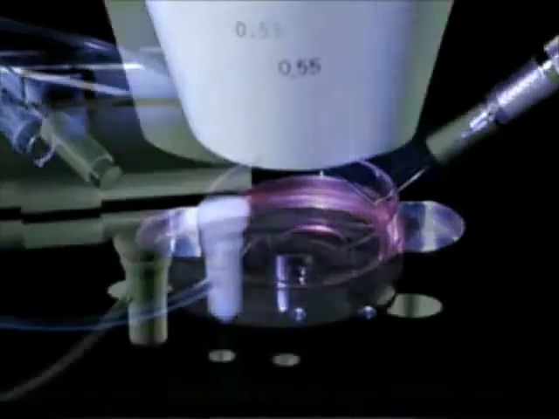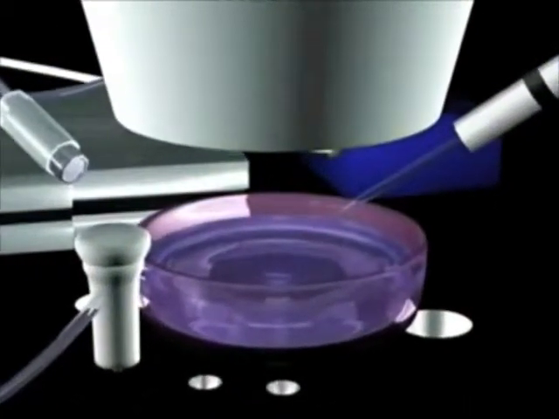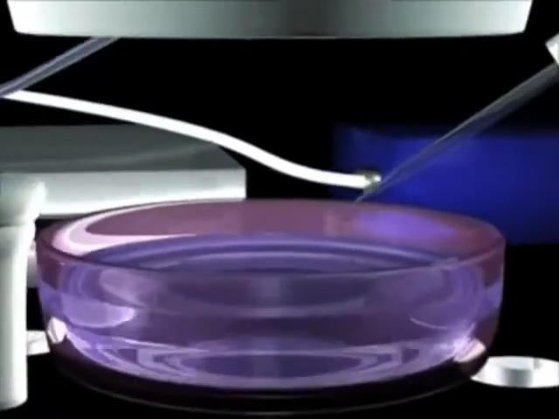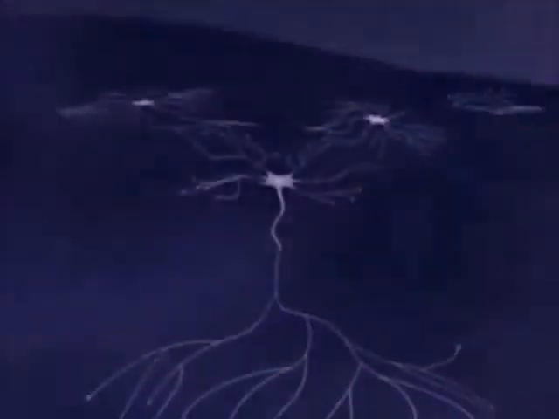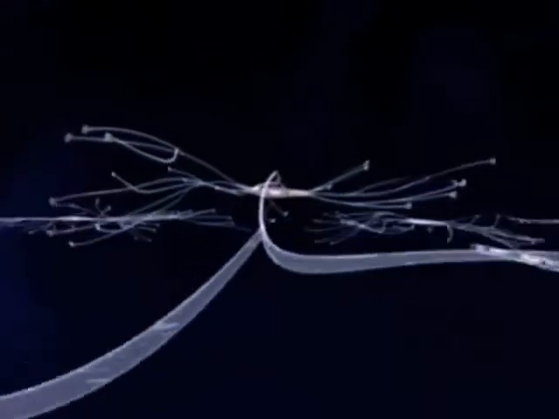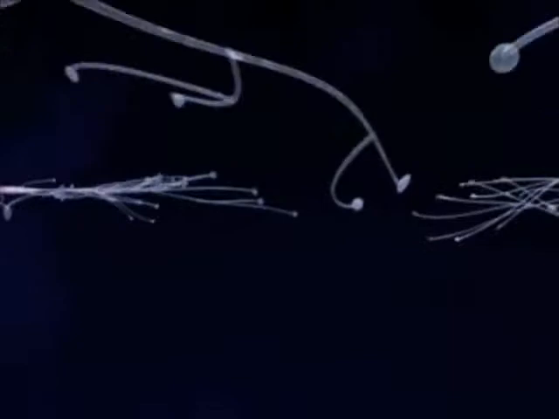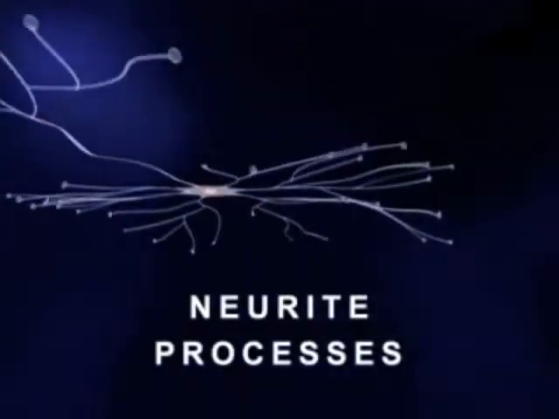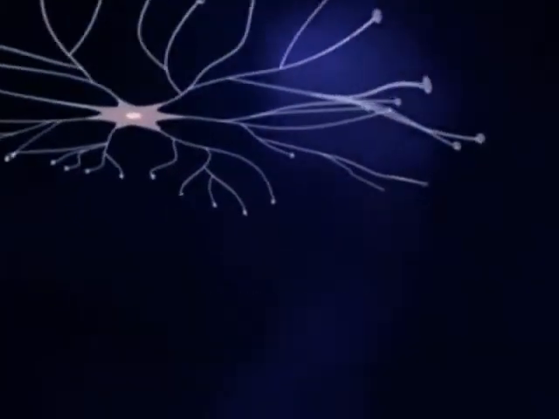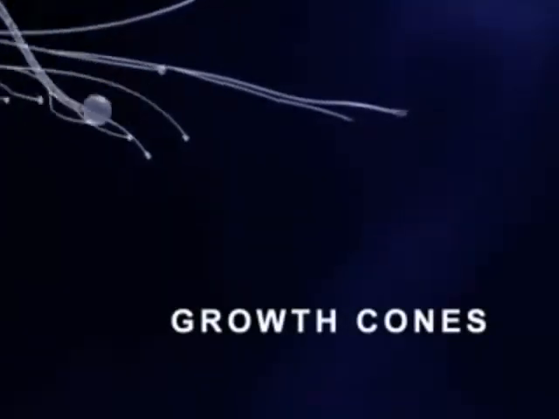To better understand mercury's effect on the brain, let us first illustrate what brain neurons look like and how they grow. In this animation, we see 3 brain neurons growing in a tissue culture, each with a central cell body and numerous neurite processes. At the end of each neurite is a growth cone where structural proteins are assembled to form